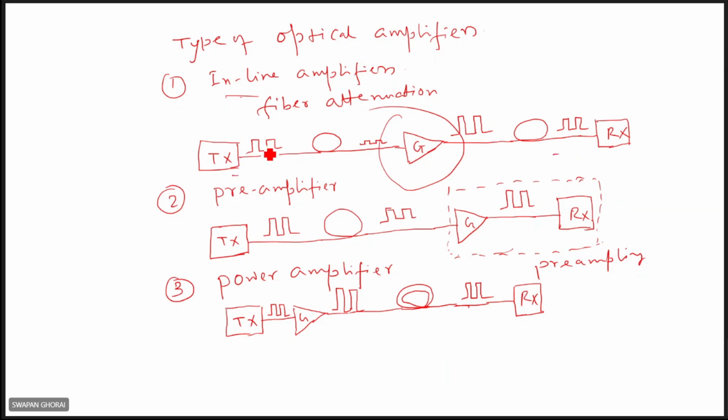That is shown here. Say this is the transmitter, these are the pulses, and after propagating certain kilometers, they will be attenuated. Next, if there is an optical amplifier, we'll see how this is amplified. It can be semiconductor optical amplifiers, or doped fiber amplifiers. Some amplifiers are there. Then the pulse will be amplified, and it can be detected successfully in the receiver. So that is one application, inline amplifiers.